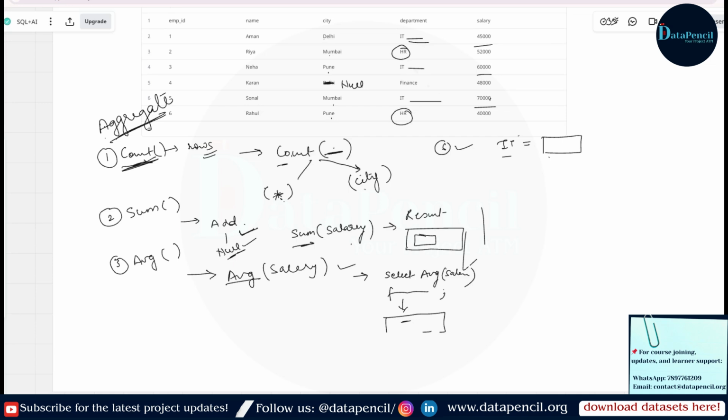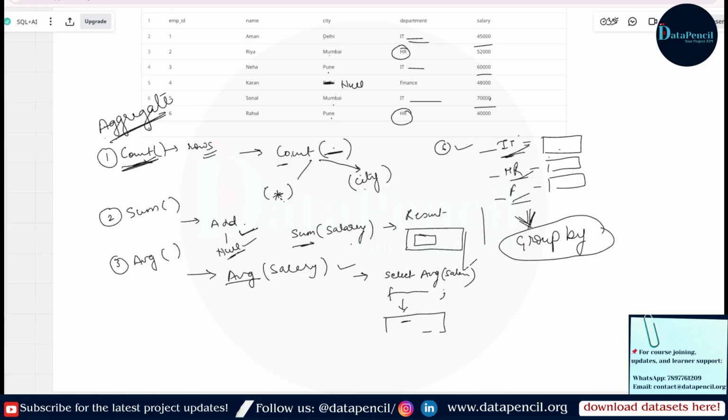It means we are grouping the things. Firstly, we want the average of the IT department, then the average of the HR department, then the average of the finance department. So what we did here is make groups: a group of IT, a group of HR, a group of finance. It means there is one term called group by.